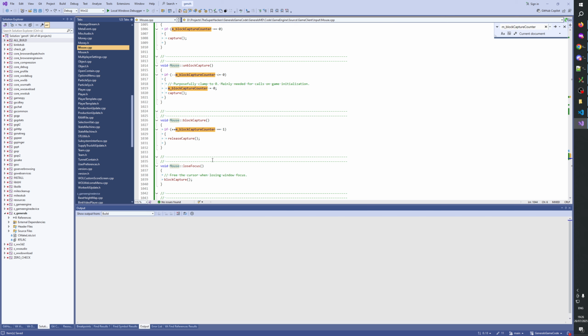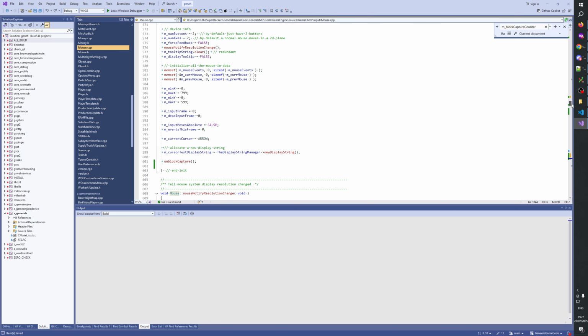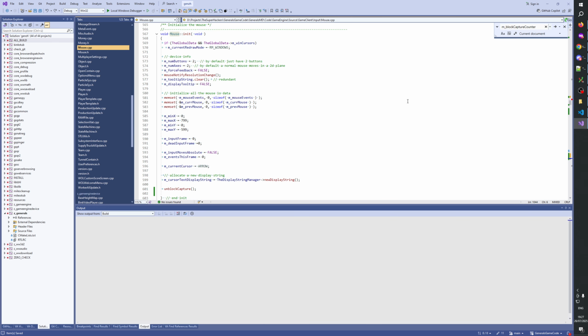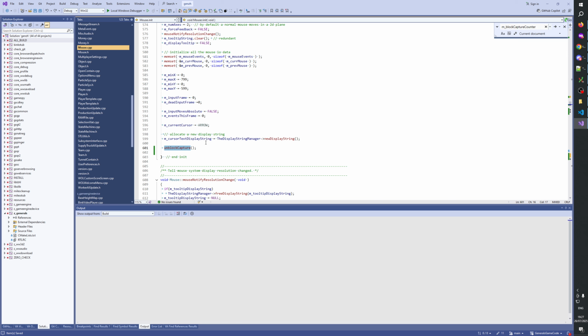Now we probably do need to start at 1 though. Hold on. So we have init unblock capture. Init.